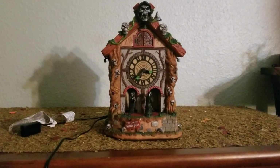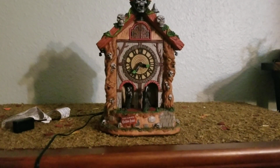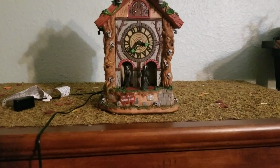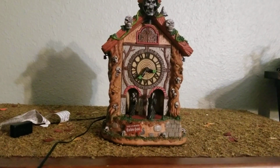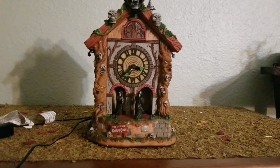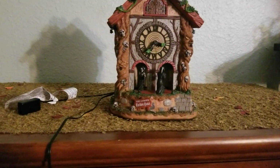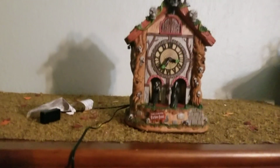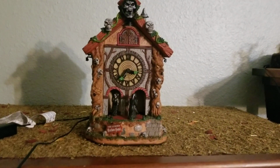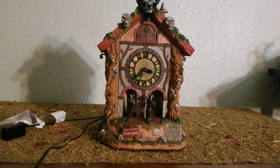But I feel like this is best as a piece of decor. You know, when people buy villages, a lot of them like to incorporate it with other buildings. I feel like that would be very, very hard to do with this one, simply because it's a cuckoo clock, and it's like, how do you put that in a village? I mean, if you do a general village where there's really no theme, it could work. And one thing you may actually want to try, if you want to get this building and you want to try to figure out how to